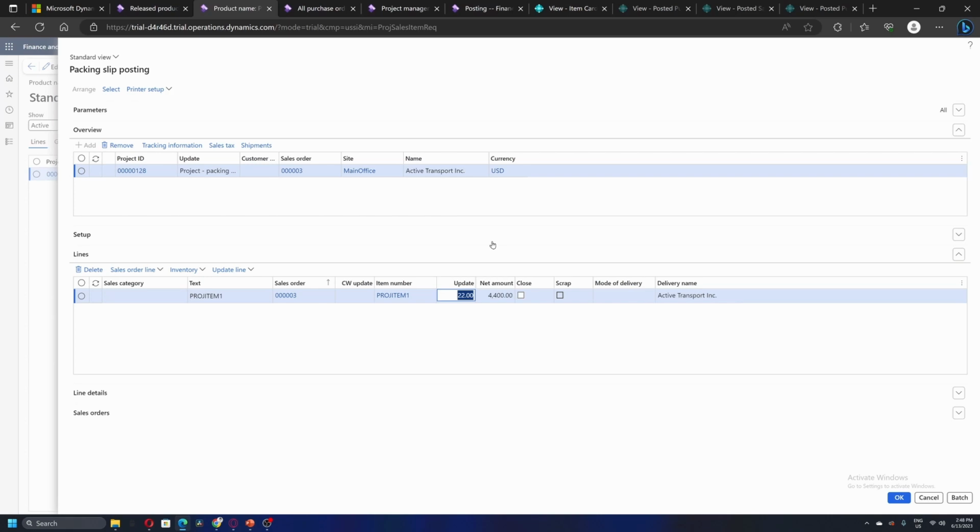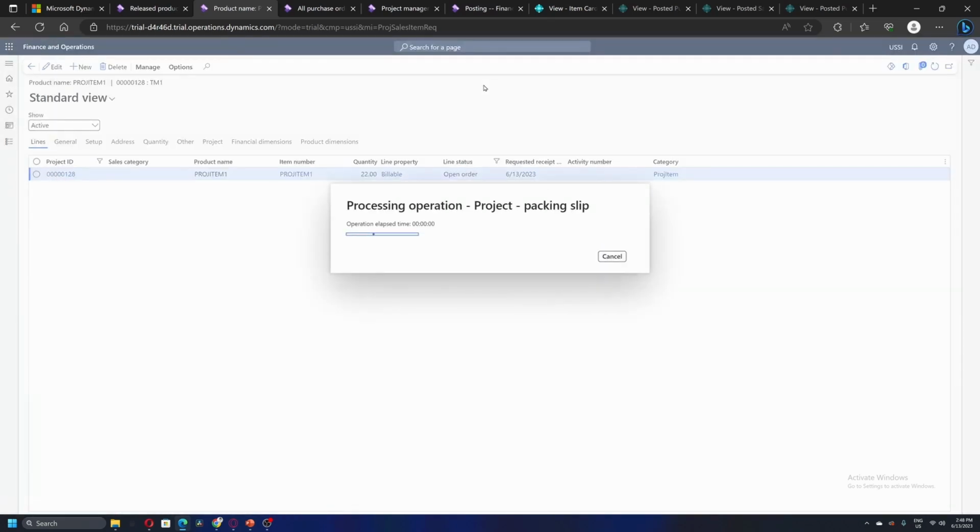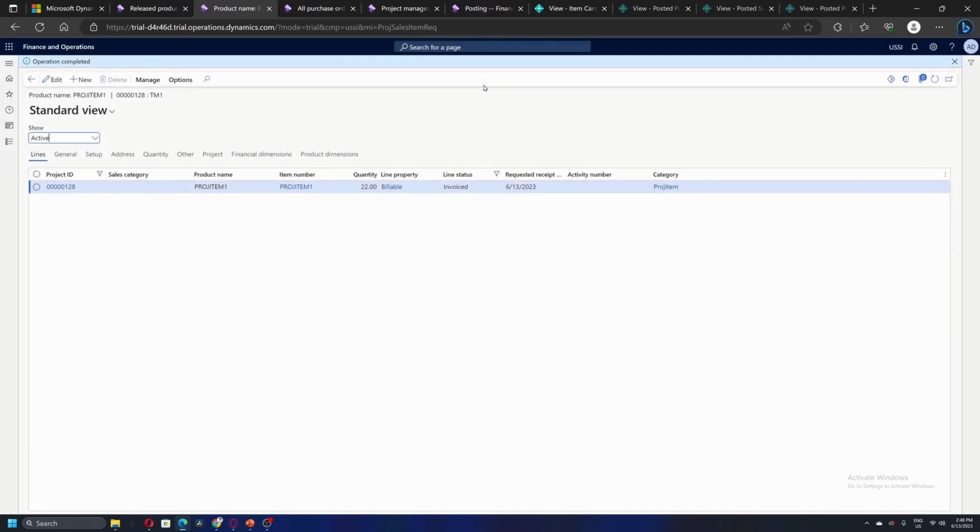But for this example, I am going to update the full quantity, which is 22. Internally, the system is going to create a sales order of type item requirement. So this is a packing slip posting, and this is the internal mechanism by which Dynamics Finance and Operations handles this scenario. So this packing slip is posted.